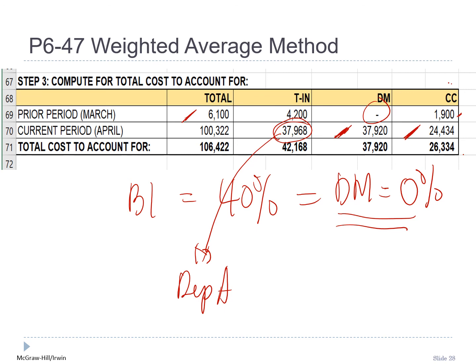So, add lang natin yung 42,168, 37,920, and 26,334. That will give us 106,422. So, dapat itong 106,422, mahanap natin later. Saan napunta yung 106,422 na yan? So, makita natin yun sa step 5. But before step 5, step 4 muna tayo, which is let's compute for the